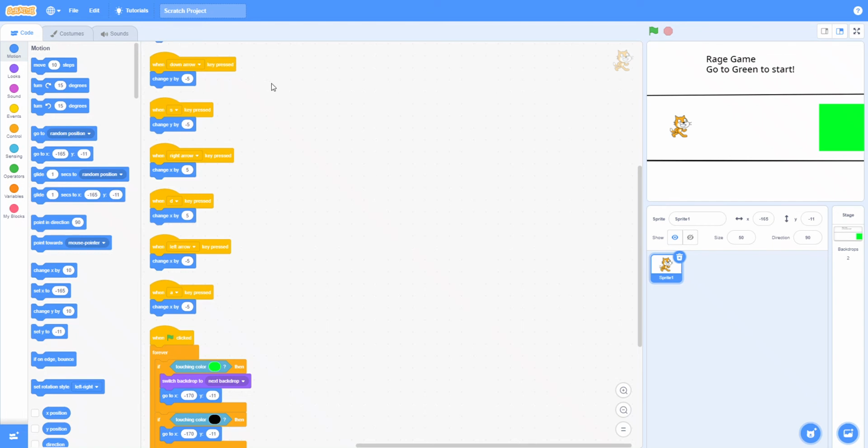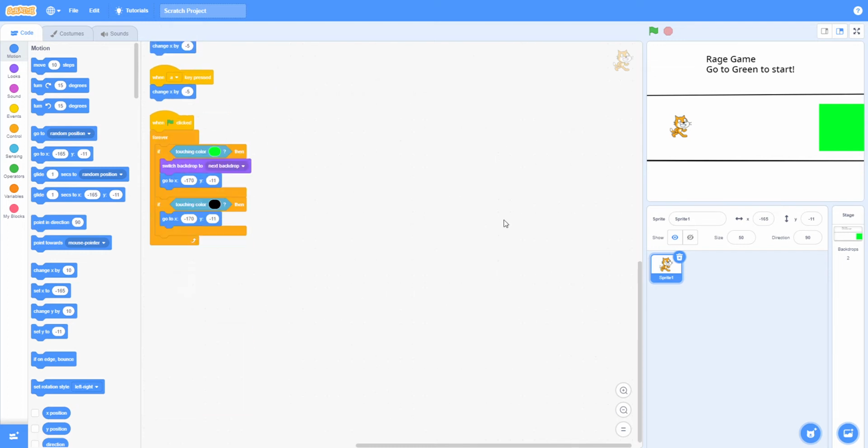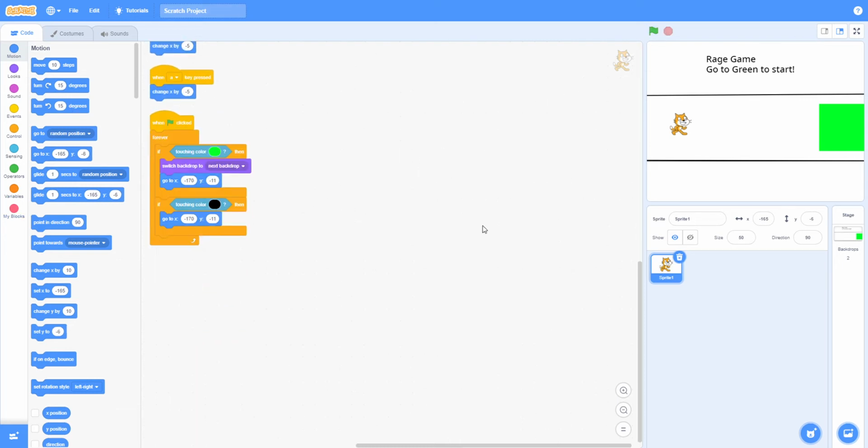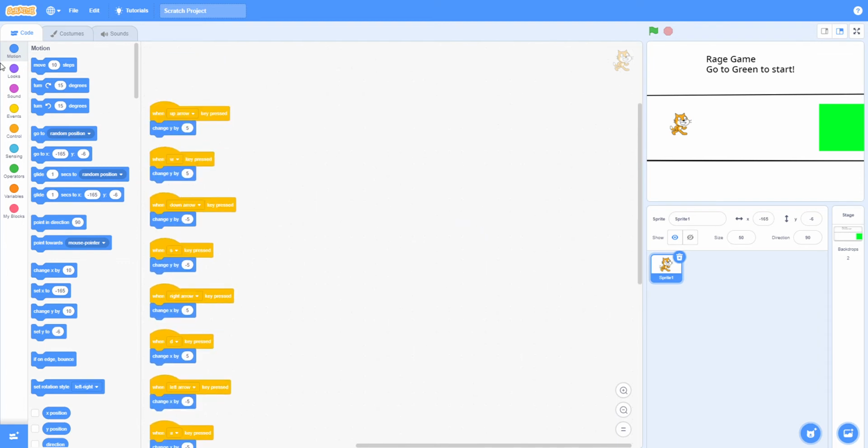Today I am going to show you a tutorial, actually part 1 of the main tutorial of a multi-level based game. So it's a rage game, and basically if you hit the walls, if you touch the walls, then you get reset to the starting point. So right now I have all of the basic commands set up, and I'll show you how to do each